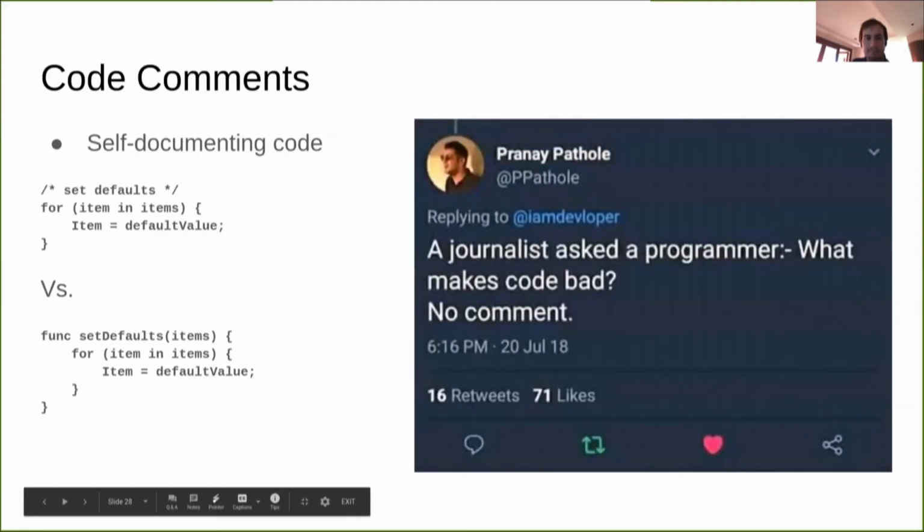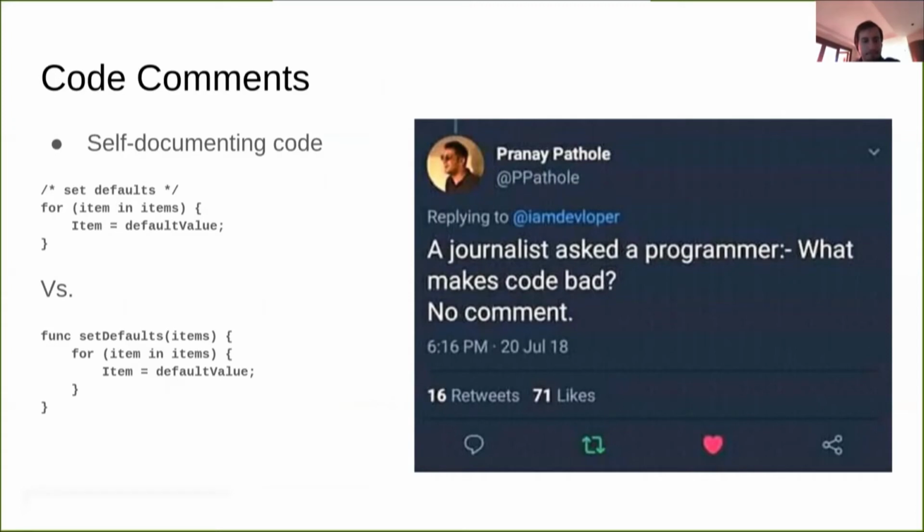Well, Jorge brought up code comments. So here are two options that kind of do the same thing. My point here is prefer self-documenting code. If you can get away without a comment, that's the best. That goes back to the idea of code that reads like poetry. In my opinion, the second version here is better because the comments are implicit. They don't need to be stated as comments. Does that make sense?